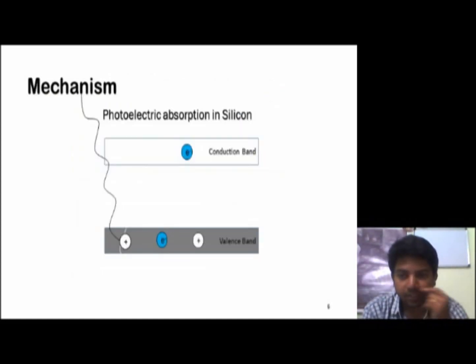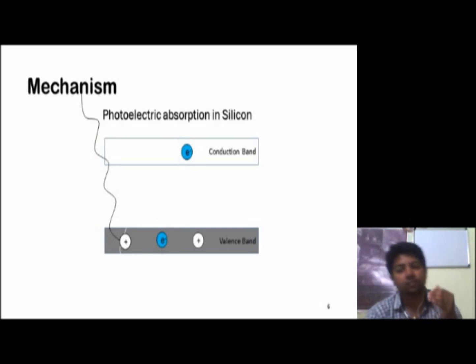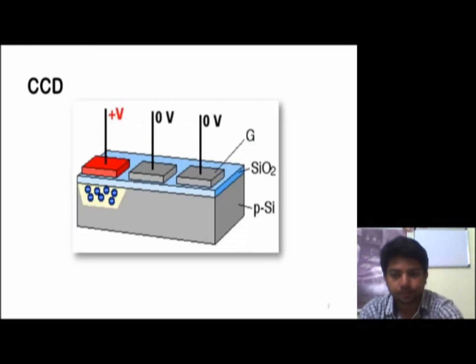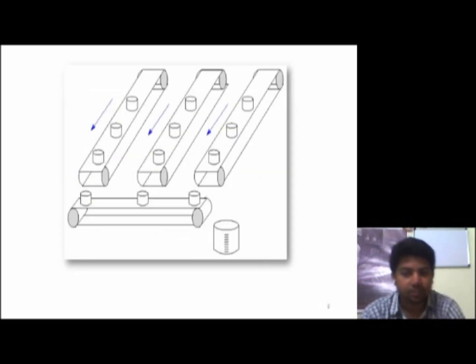If we see here, the electron in the valence band, when it gets excited, is transmitted to the conduction band. This excitation is caused by X-rays. Because of the transfer of electrons from the valence band to the conduction band, the semiconductors become conductors. Because of the conduction of electricity, it results in some voltage potential, and this voltage potential is transferred from one element to the adjacent element, and this transfer of charge takes place in a bucket brigade fashion.